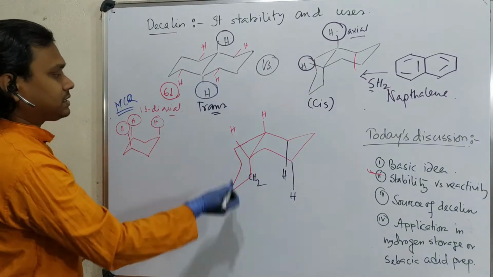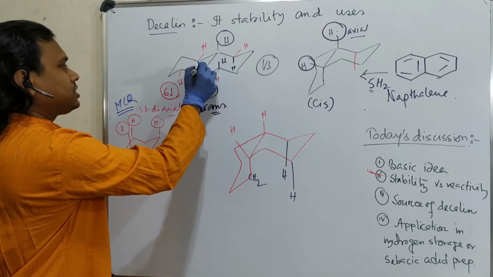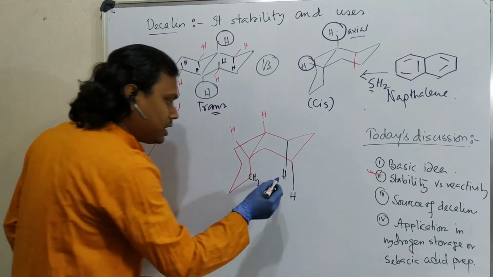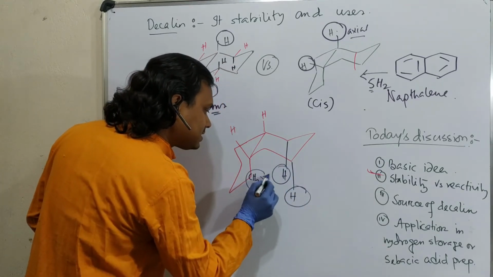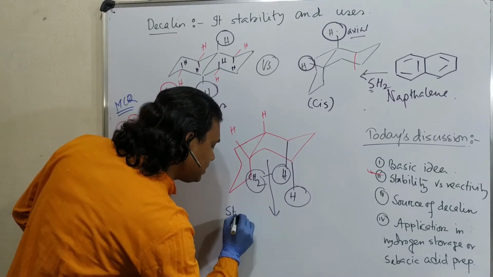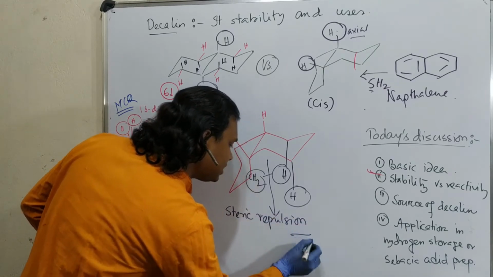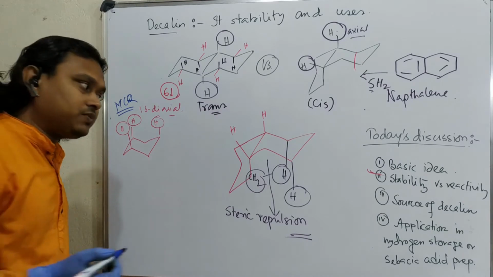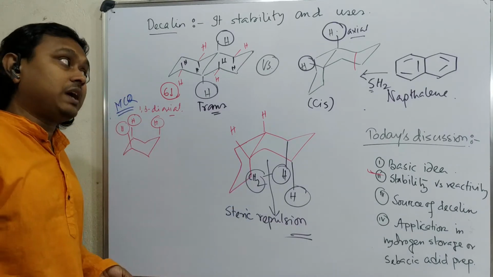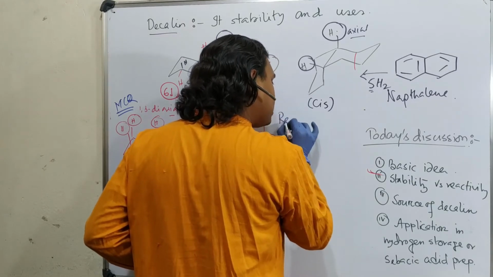In the previous case, see everything, this is hydrogen, so the diaxial positions are hydrogen. So that's why hydrogen-hydrogen interaction is less compared to this hydrogen versus CH2. This is significantly higher, you may consider, steric repulsion, and this thing is considered as 1,3-diaxial interaction. When there is a lesser amount of stabilization, you can consider there is a higher extent of reactivity, and obviously that thing is observed. That's why we can consider that this cis one is relatively more reactive.